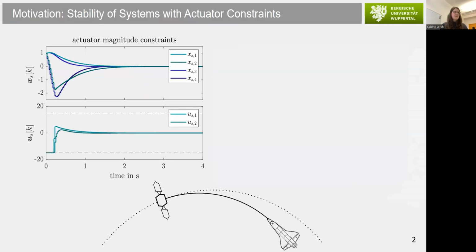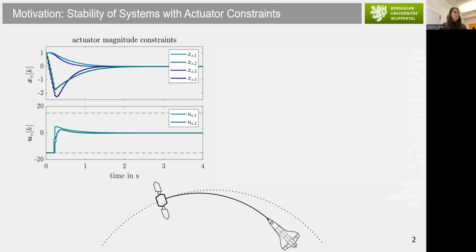To motivate considering the actuator limits in the controller design, I want to show you this example of a rendezvous maneuver between a space shuttle and a space station. We designed a controller which takes the actuator magnitude limits into account. If there are only magnitude limits, then these trajectories follow. You can see that the actuator reaches the saturation limit in the beginning, but nevertheless, the rendezvous maneuver is